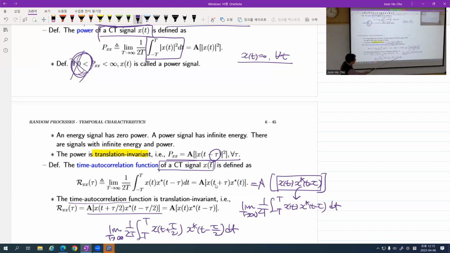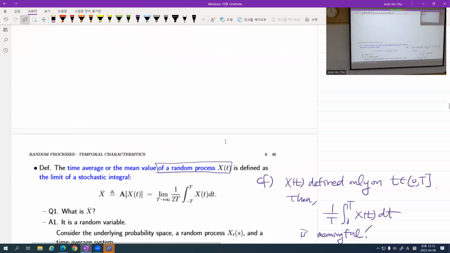And you subtract, you get tau. You subtract, you get tau. So they are the same time autocorrelation function of x of t. Anyway, the time autocorrelation function is also a time average over a function. Got it? So this time average appears again and again in electrical engineering, communications, radar signal processing, and other things. Okay, let me stop here